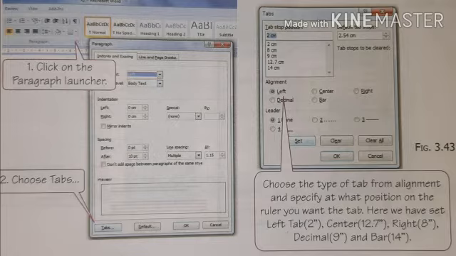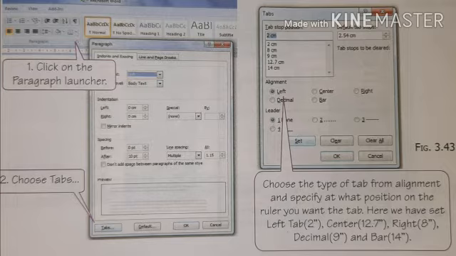So first of all, we have to click on the home tab. Then we'll get the home ribbon. On the home ribbon, we have to click on the paragraph launcher as displayed there. The particular small arrow is there, so we'll click on that arrow. Then we'll get a paragraph dialog box or window.